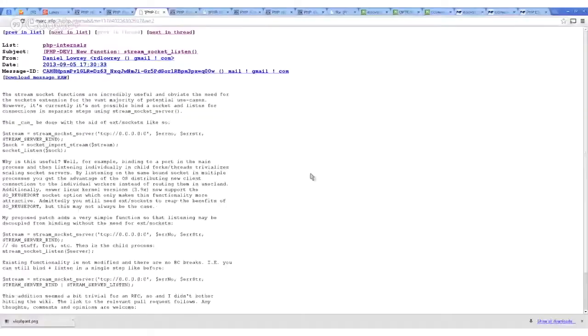So the next one is not related to variable numbers of arguments, but it's related to something that is also not a frequent need, which has to do with creating networking servers using sockets to listen to some port, and